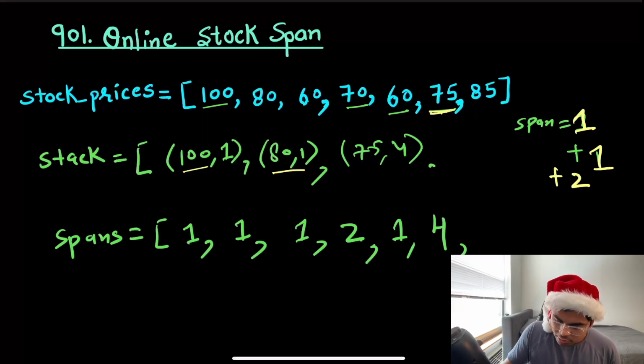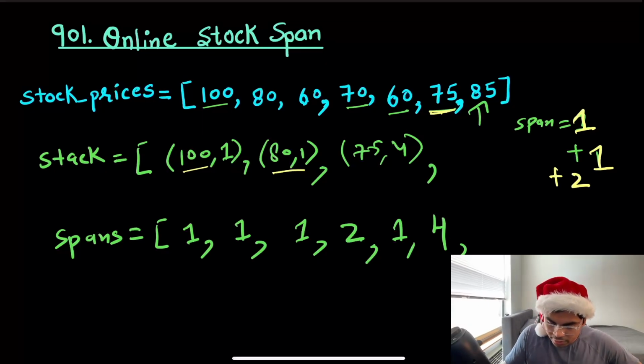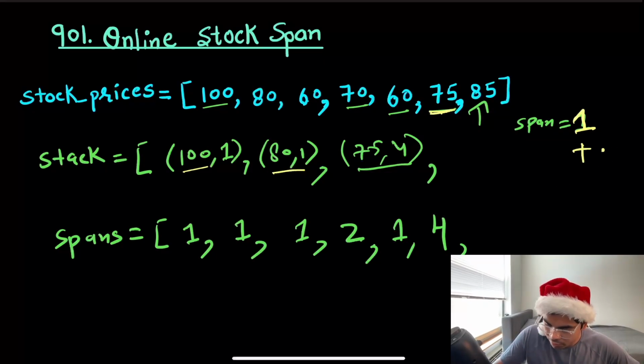Then I'll be calculating for 85. For 85, you can see that this is lesser than 85, so I'll just add that to my span. Current span will be 1. Then I'm gonna add 4,